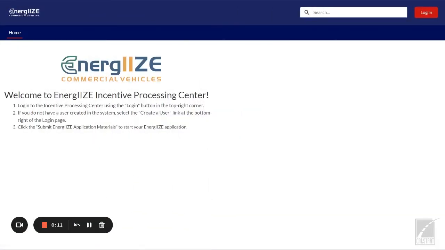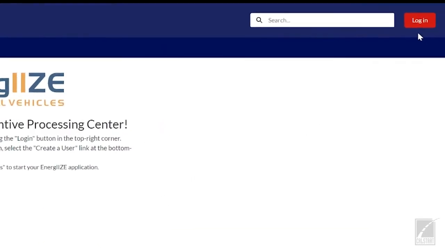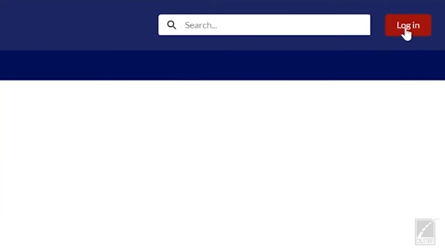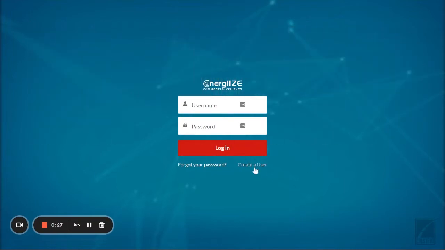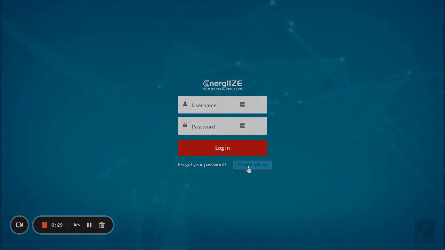To log into the Incentive Processing Center, click on the Login button in the upper right-hand part of the screen. If you have an existing user, simply enter in your username and password. If you need to create a user for the EnergIIZE Incentive Processing Center, click on the Create a User button